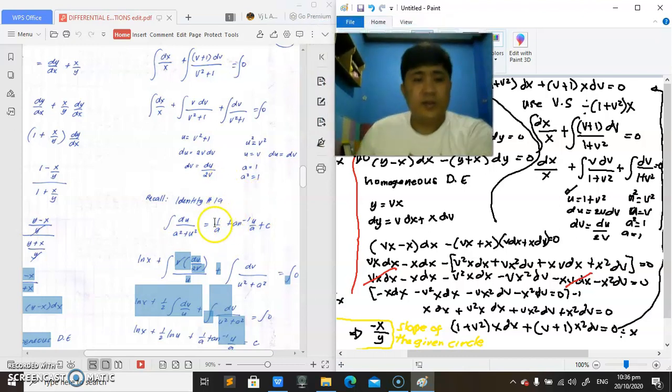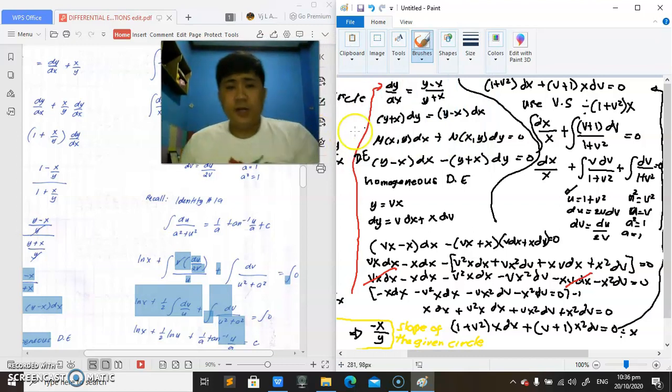this one. Okay, so that's identity number 19. I've given this to you on the past topics, I've given you all the identities. So identity number 19 states that the integral of du over a squared plus u squared is just equal to 1 over a arctangent of u over a plus c. So therefore,